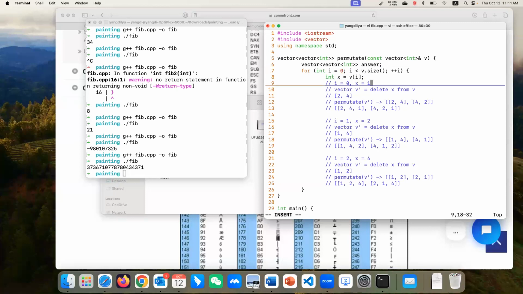Assuming this is your answer, right? And at the end, you can return the answer. So this is the one. And assuming you can delete to V prime, we call it